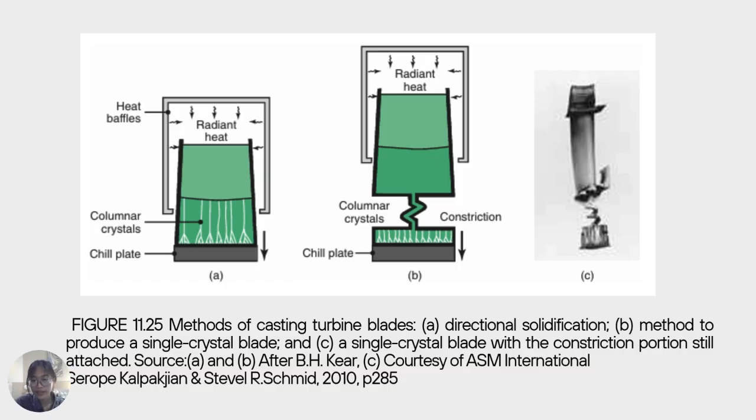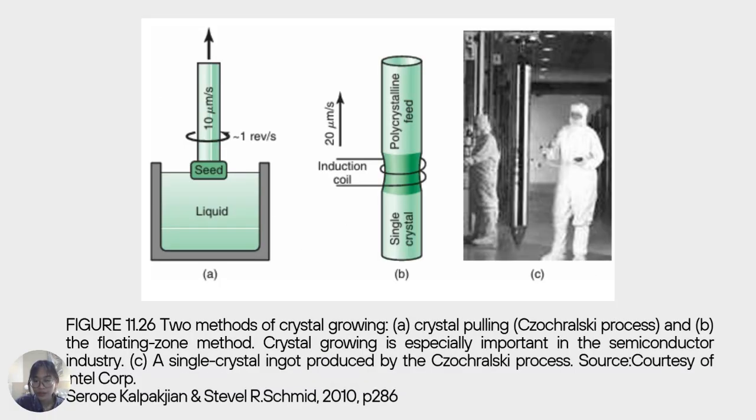This is a method of casting turbine blades, with A being directional solidification, B, a method to produce a single crystal blade, and C, on the very right, a single crystal blade with the construction portion still attached. Now these are two methods of crystal growing, with A being crystal pulling, or the Czochralski process. The one in the middle is the floating zone method. Crystal growing is especially important in the semiconductor industry, and the one on the very right is a single crystal ingot produced by the